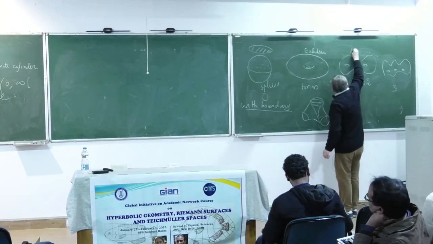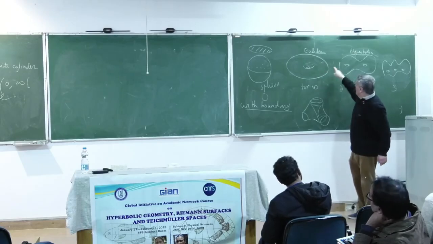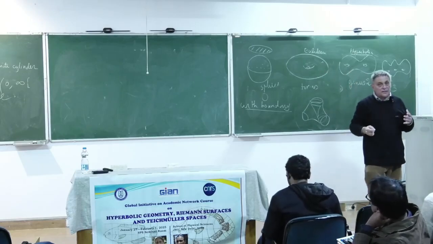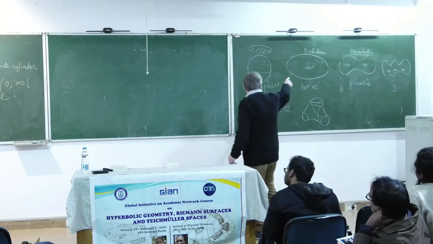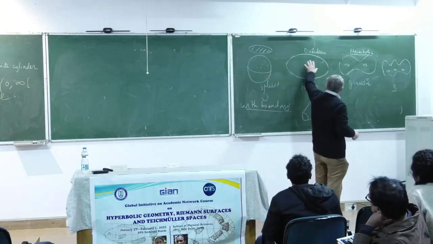And all of these are hyperbolic. In fact, these are obtained as the quotient of the hyperbolic space by some action. For all these cases, I mean, for all these genera of surfaces, including the torus,